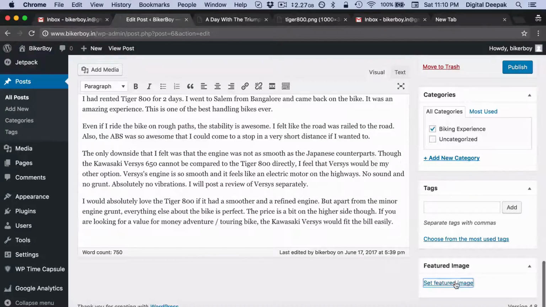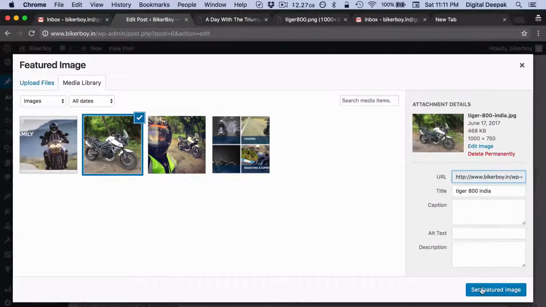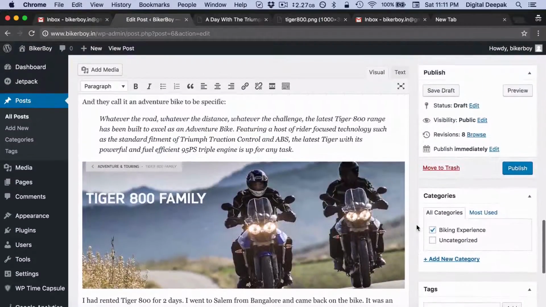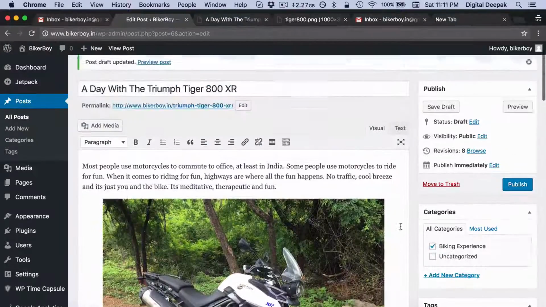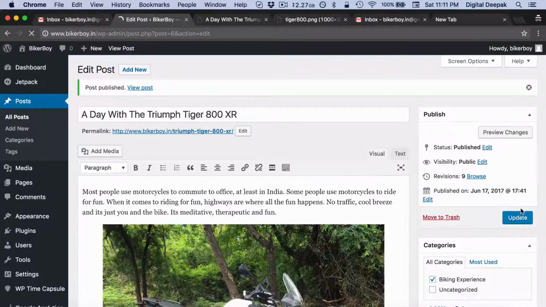So here I can set a featured image as well. So this is inside the WordPress system. Sometimes if you are using mobile or in certain themes, if you look at the home page, it will pick up the featured image. So other things such as SEO and social sharing plugins we will eventually add, but for now we are just publishing the first blog post. Let's just go ahead and publish it. So now it has been published.